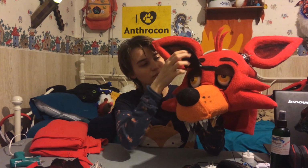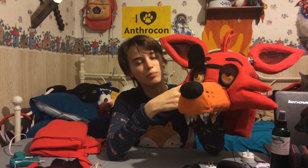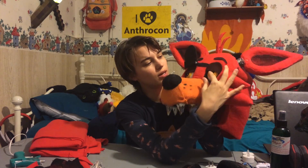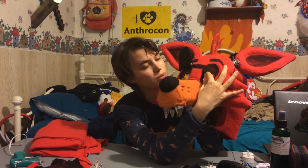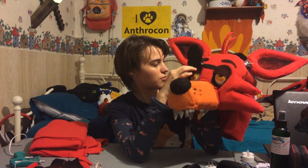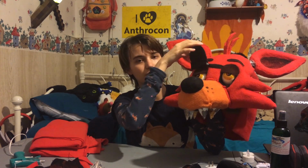His eyes, this actually flips up. His eyes are made from a ball pit ball cut in half and painted. The inside, the pupil has a hole in it so that the lights were able to show through, and I'll show you how I made the lights later. And then it's just a piece of felt for the eyelids, and then the eye patch is a piece of